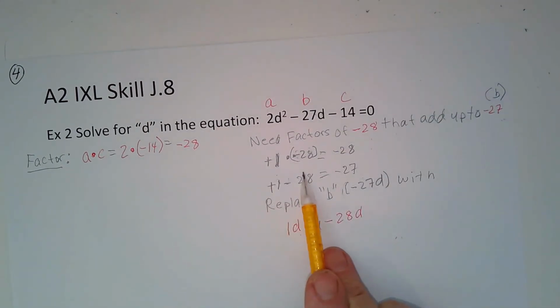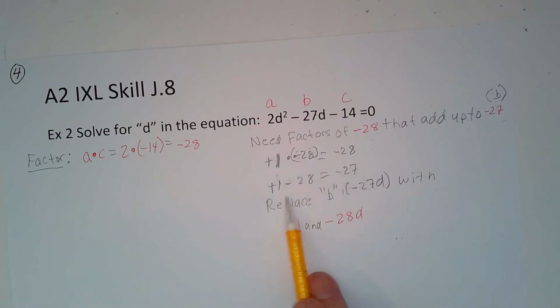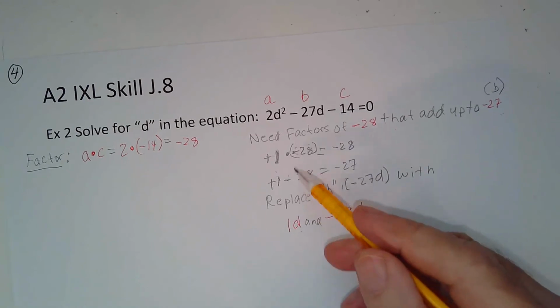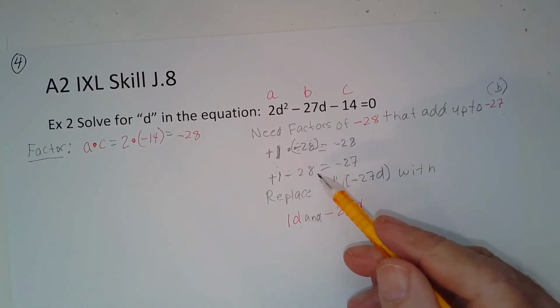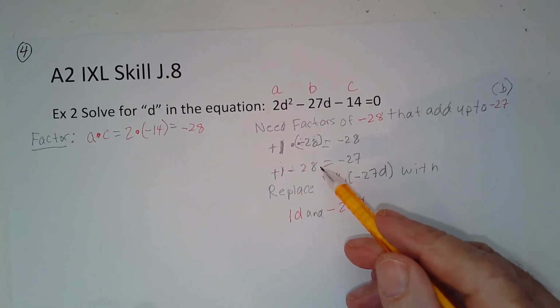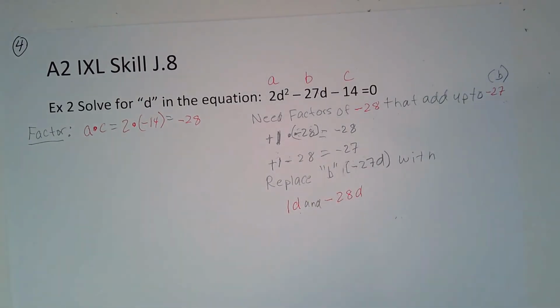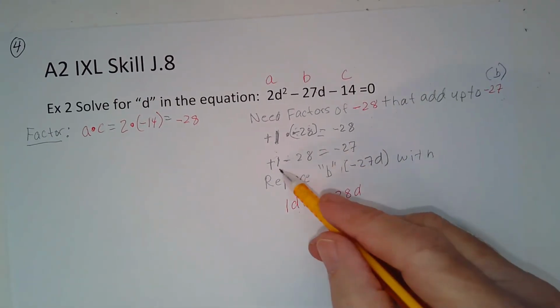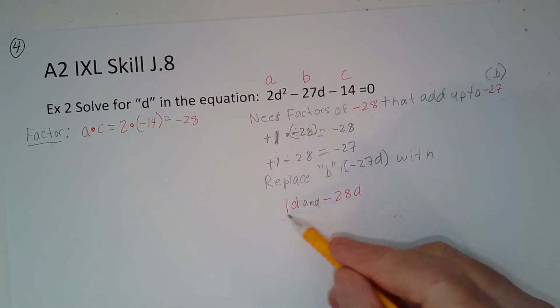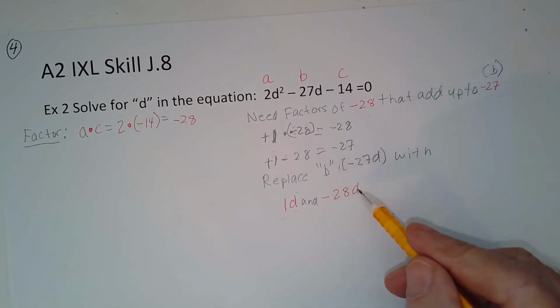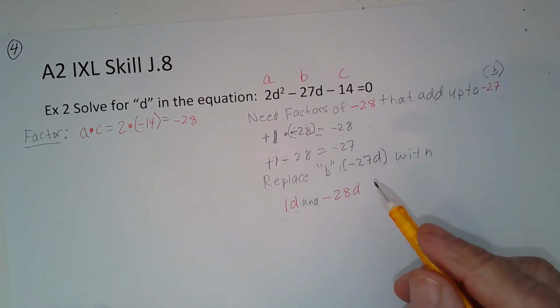All right. 1 times negative 28 is negative 28. 1 minus 28 is negative 27. So I got my positives and negatives confused when I wrote this down a little earlier. But this is correct now, and so I know that the 1 will be replaced with 1d, and the negative 28 will be replaced with negative 28d. All right,